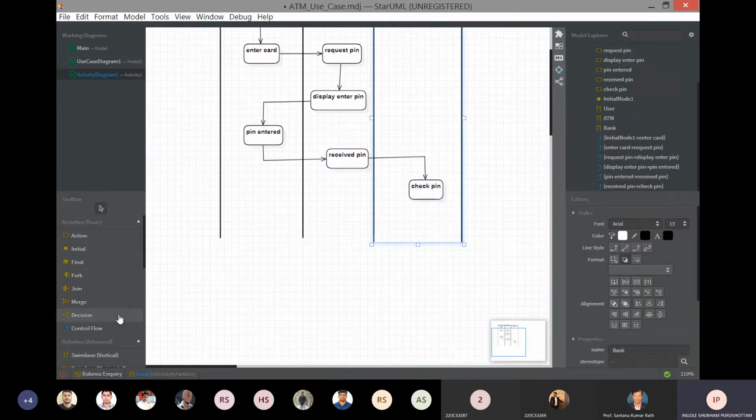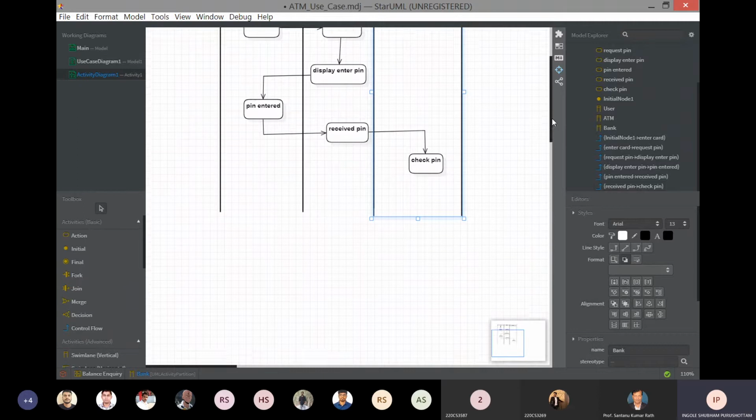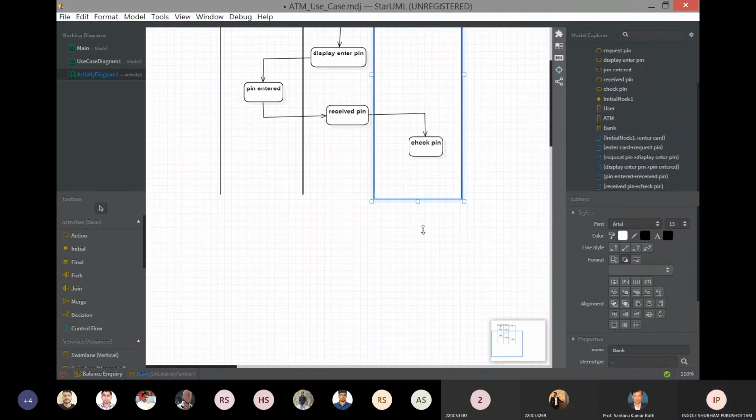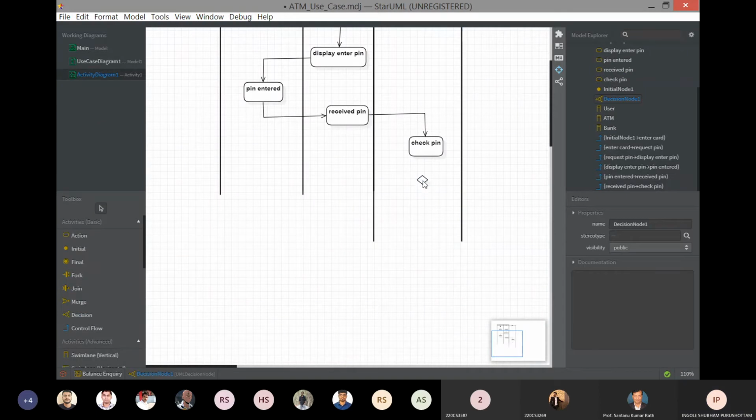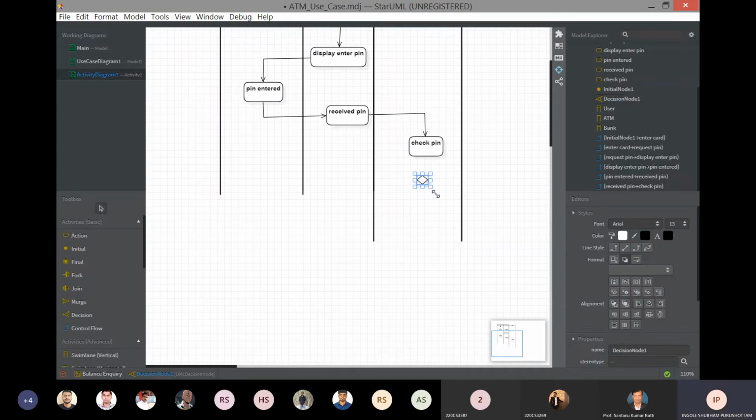Now here you can see just above the control flow, there's a decision. After entering the pin, it will be a valid pin or invalid pin. So we will just use this decision. Okay, I will increase its size.